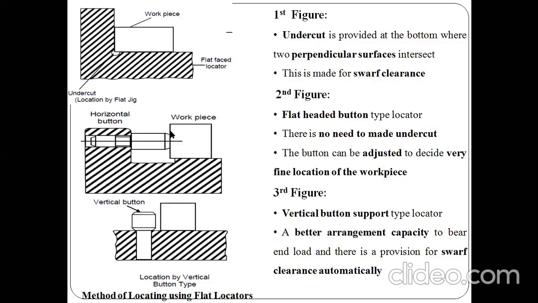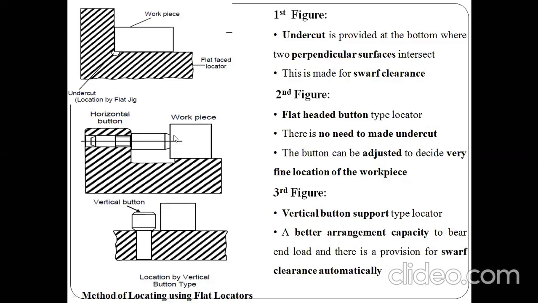So the flat head button type of locator is used for flat type of locator. Then there is no need to make an undercut. Why is this point important in your flat head button type of locator? Why is there no need of an undercut? Because this portion is provided to remove burrs easily from your locator after machining